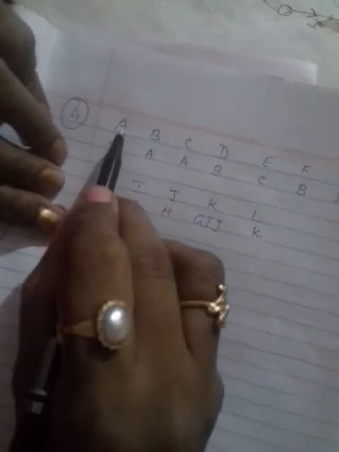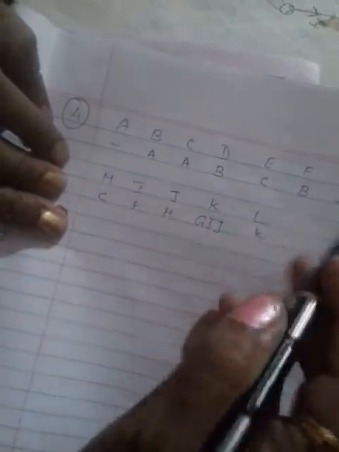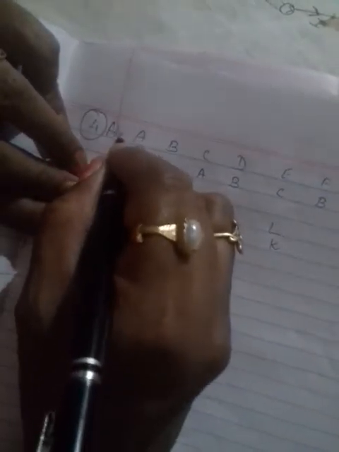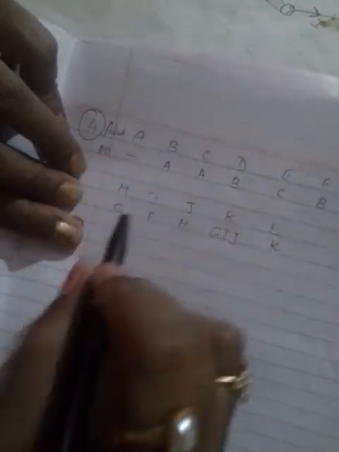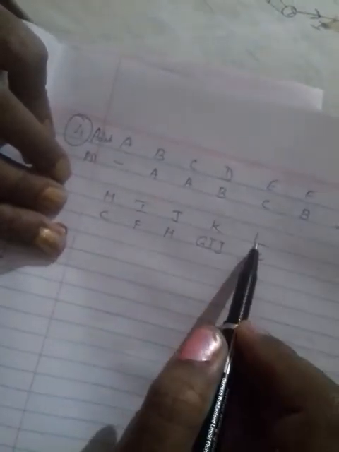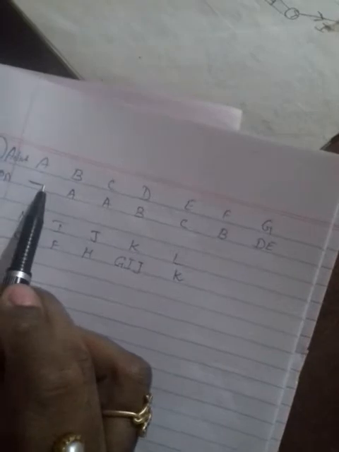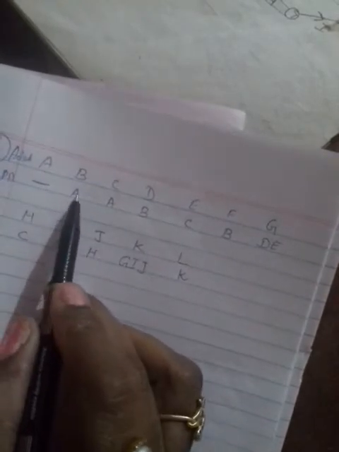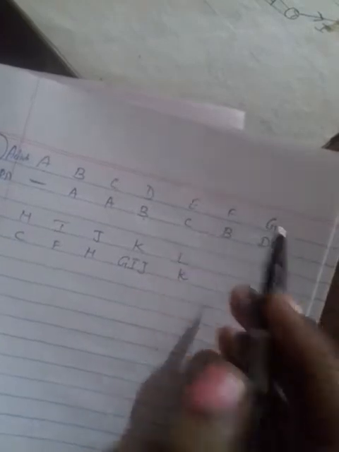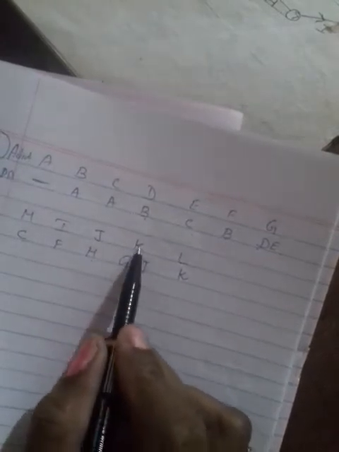This is the 4th problem, network diagram. See, the activity is given, and below it is the predecessor activity. Activities A, B, C, D up to L. The first activity has no predecessor, dash. Then A is the predecessor for B and C. B is the predecessor for D, and E and C for F, H, G, I, J. These three are the predecessors for K, and for L, K is the predecessor. This is the given problem.